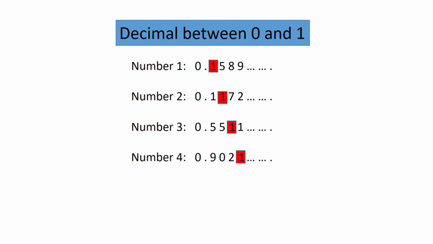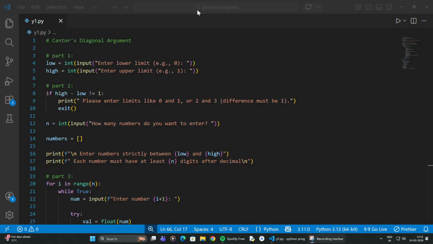Now, if you write a number taking all the replaced position numbers, you will get a new number. As you can see, it is a unique number. It has no similarity with the other 4 numbers because I changed the diagonal digit for every row. So my number is guaranteed to be different from every single number you wrote down.